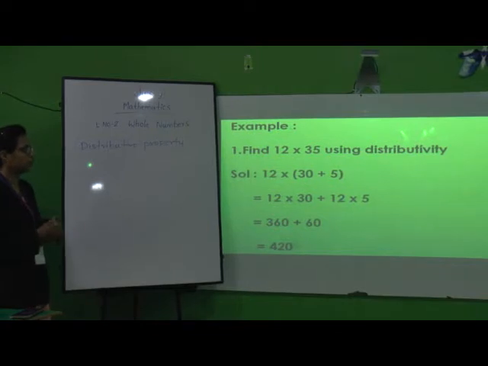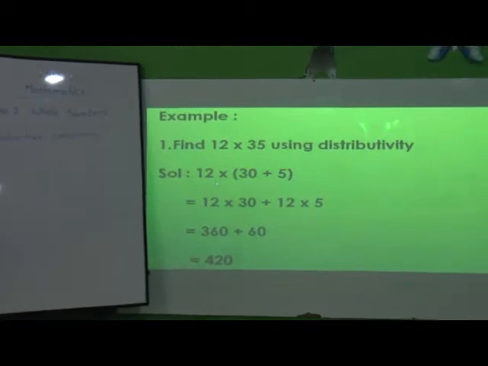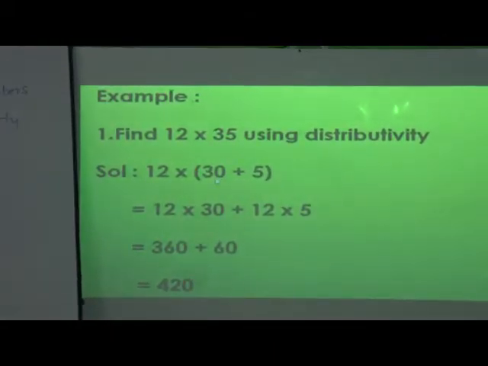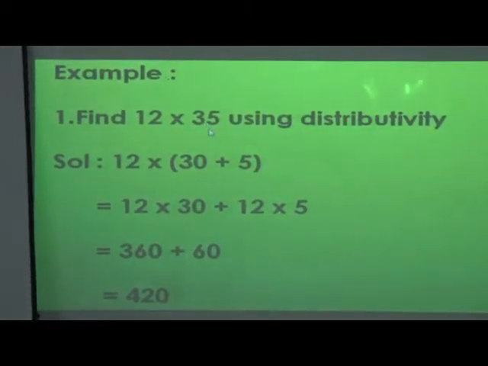For finding the distributivity, we have to get 3 whole numbers. So a will be the 12, b will be the 30 and 5 will be the c. So 35, we have expanded the bracket. 35 we have taken as 30 plus 5, which is nothing but 35. Okay, we have distributed it, or we have expanded the bracket as we have seen in the first lesson, knowing our numbers. See, now 12 is outside the bracket and 30 plus 5 is in the bracket.